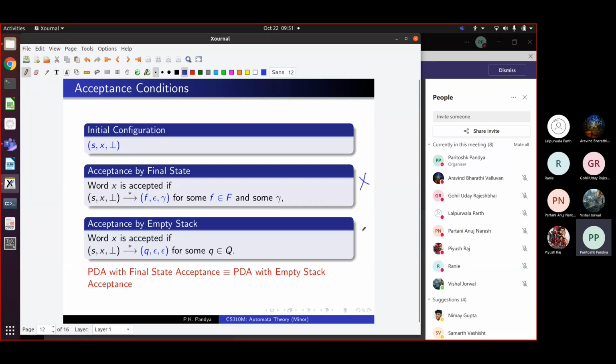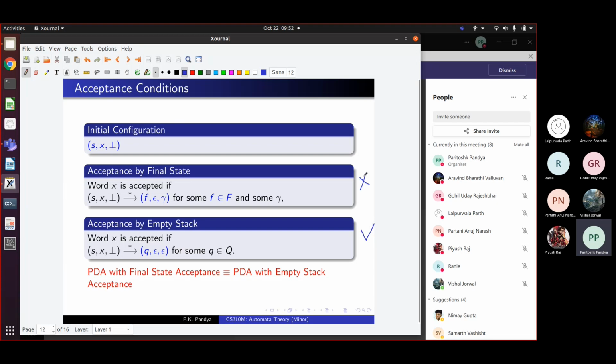Now one notion, the one that we will use, is given at the bottom, called acceptance by empty stack. That is, starting from this initial configuration, after a sequence of moves, if we reach this accepting configuration of the form q epsilon epsilon, where q is some arbitrary state, but the input word is fully consumed and the stack is empty, then we are accepting the word by empty stack. Okay, this is the empty stack notion of acceptance, and that is what we were using in the example, and this is what we will use in this course.